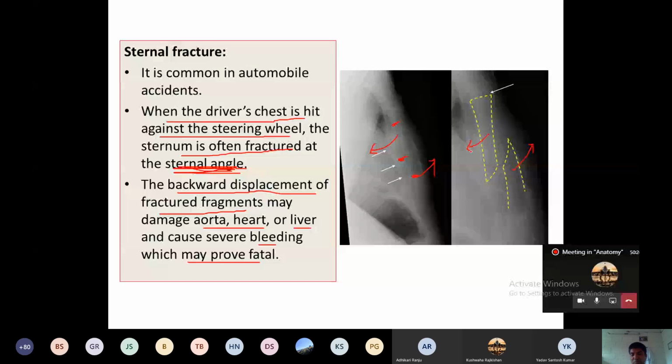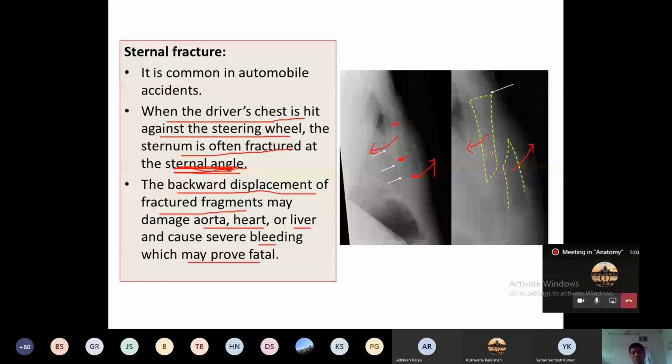And deeper to the manubrium, yesterday, day before yesterday, while teaching the manubrium, I told you there lie very, very important vital blood vessels. Okay, I told you there is the brachiocephalic vein, the one which is going to the left side, and deeper to this there is the brachiocephalic trunk, which originates from the arch of the aorta, and also the left common carotid artery and left subclavian artery. Okay, these are lying deeper to the manubrium, and if the manubrium comes a little bit lower, then it may also reach